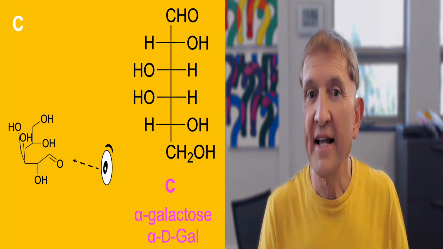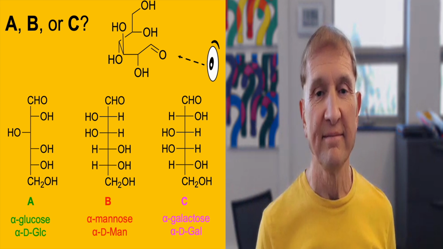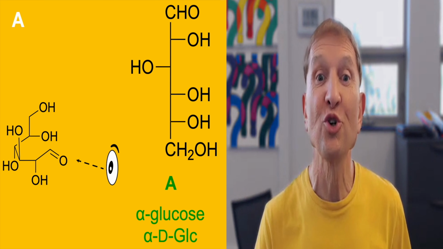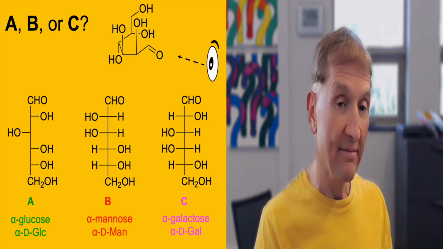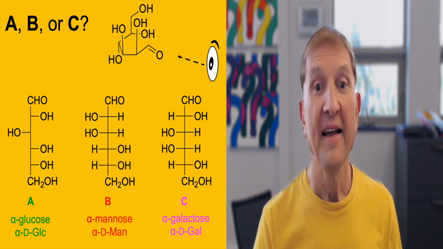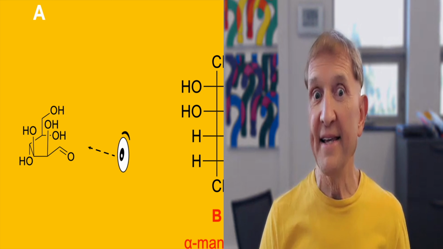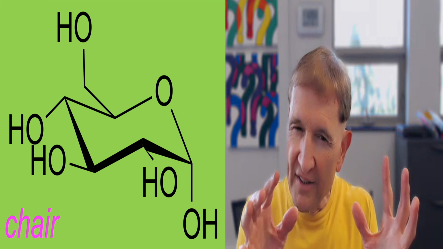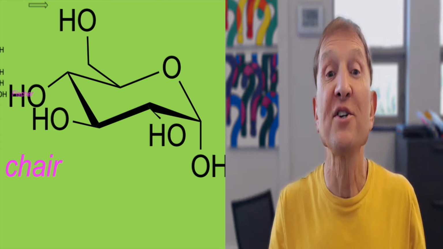I see C. That's galactose. A, B, or C? I think it's A. That's glucose. How about this one? A, B, or C? It's B. That's mannose. You see, it's quite hard to do this from a chair form, and it's actually very